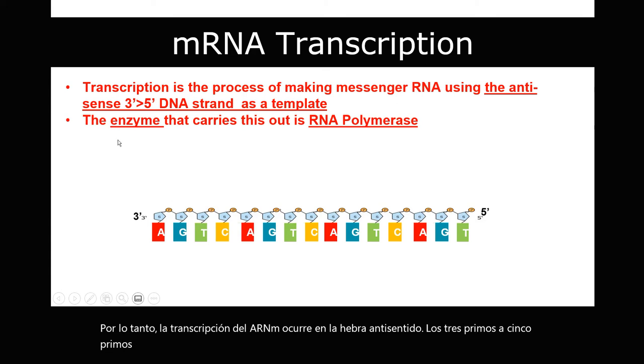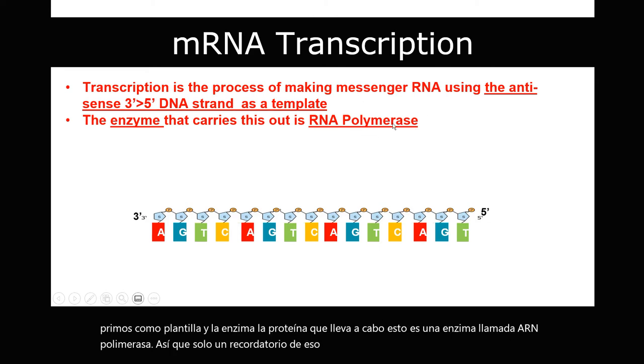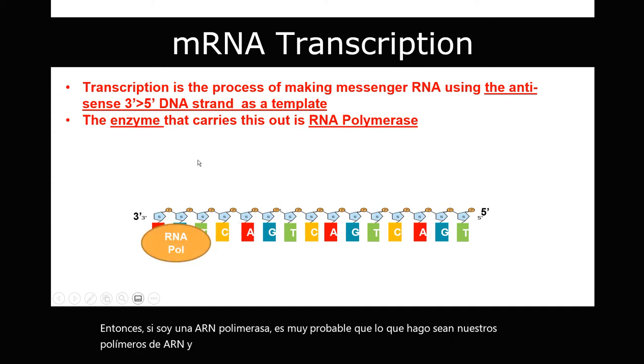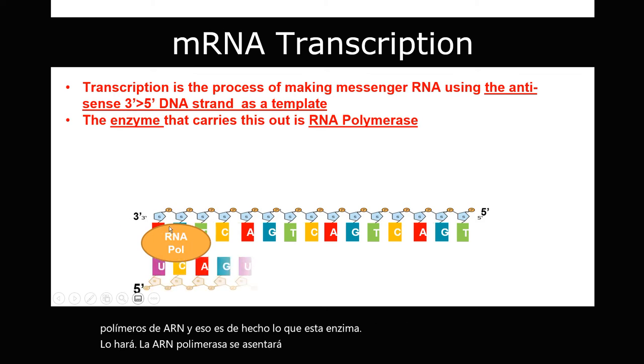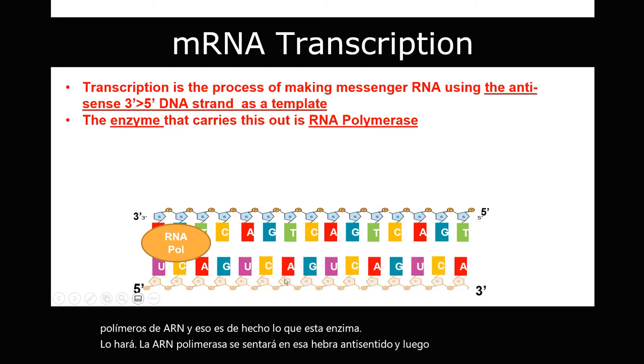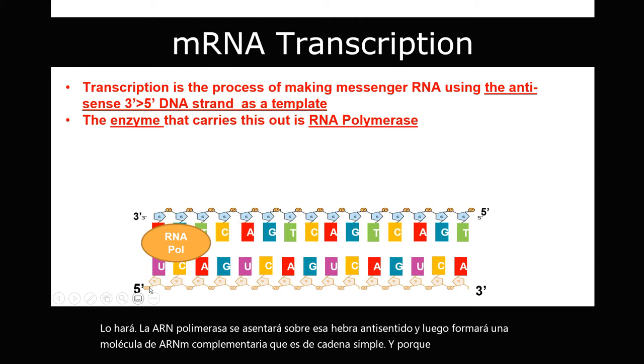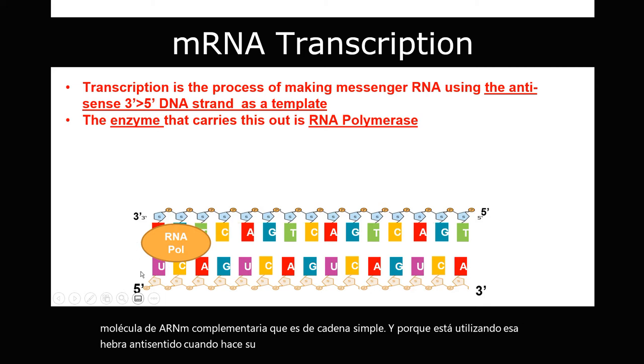And the enzyme, the protein that carries this out, is called RNA polymerase. So just a reminder that every time you see an "-ase," you're looking at an enzyme. And remember that the name of the enzyme has something to do with its job, right? So if I'm an RNA polymerase, chances are really good that what I make are RNA polymers. And that is in fact what this enzyme will do. So RNA polymerase will sit on that antisense strand and then make a complementary mRNA molecule that is single-stranded, and because it is using that antisense strand, when it makes its complementary mRNA, it is in the quote-unquote correct direction,